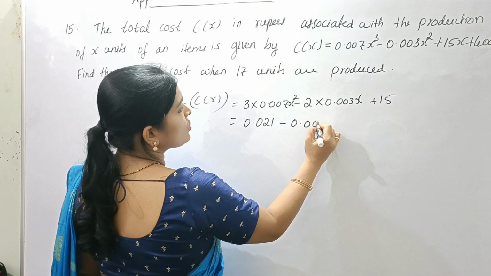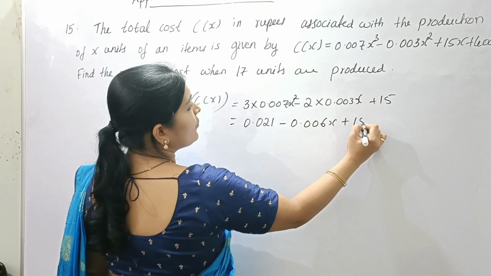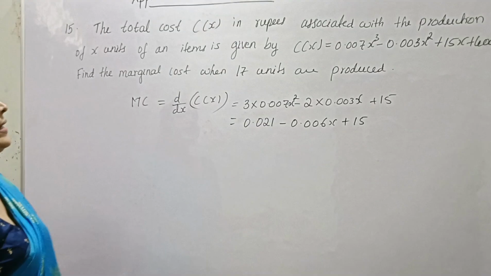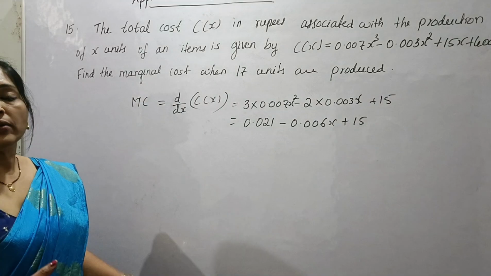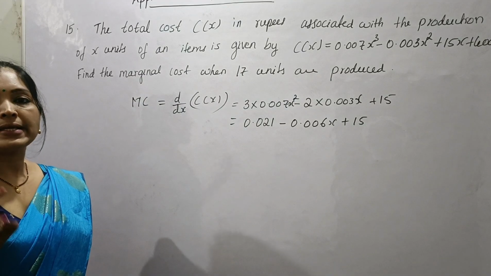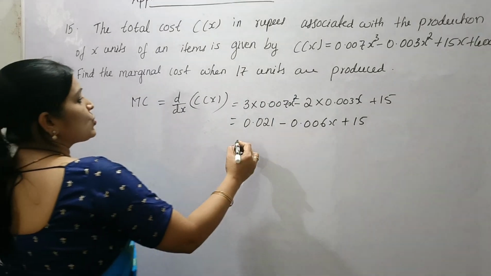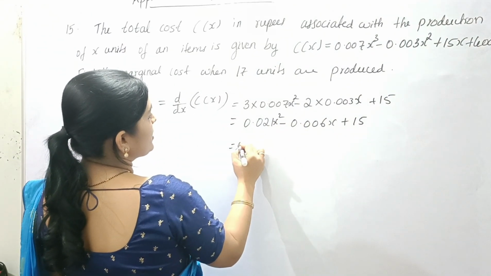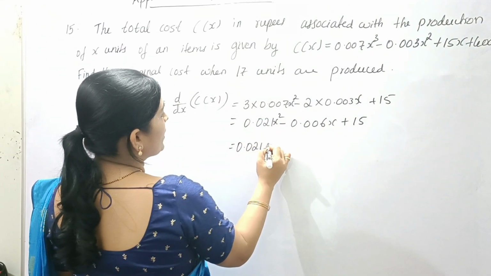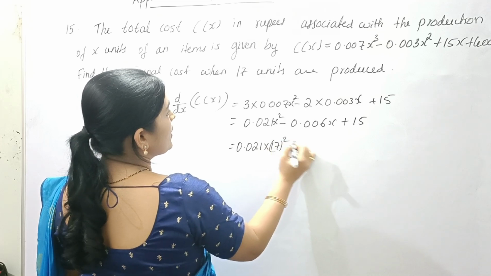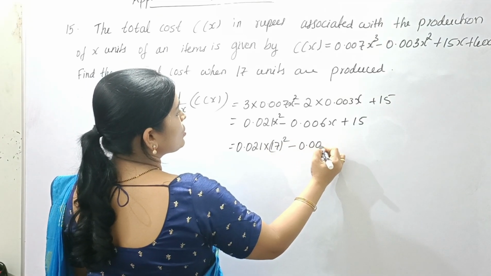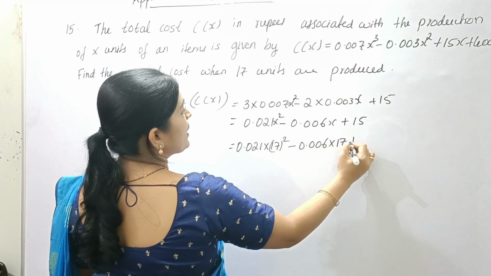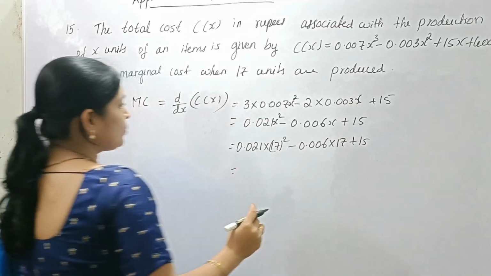Minus 0.006x plus 15. Now there are a total of 17 units, which means x is equal to 17. So we substitute x equal to 17: 0.021 into 17 square minus 0.006 into 17 plus 15. That is equal to,